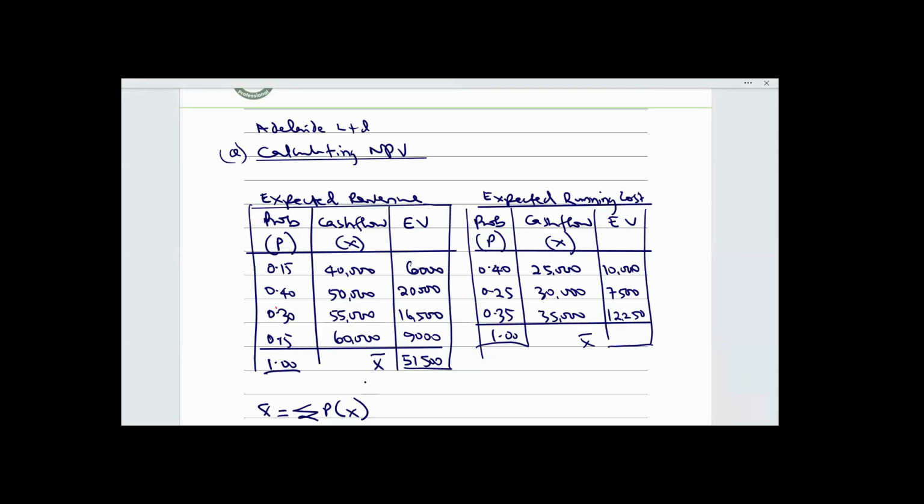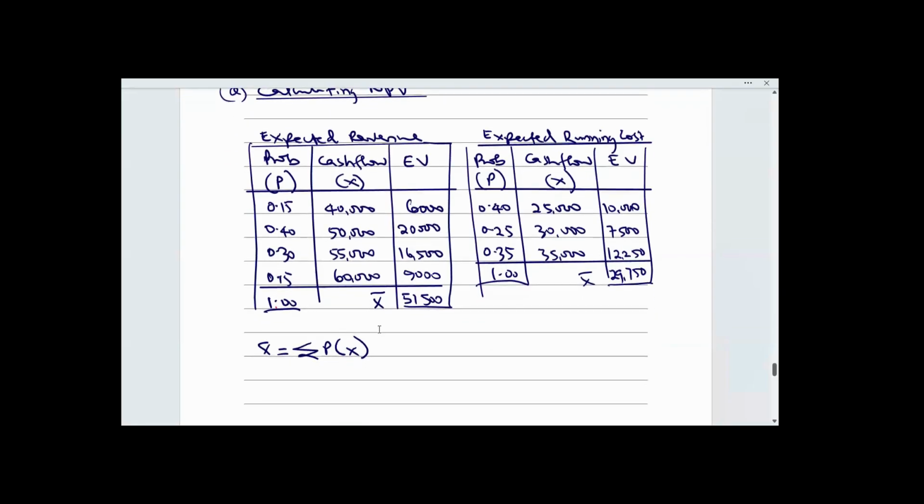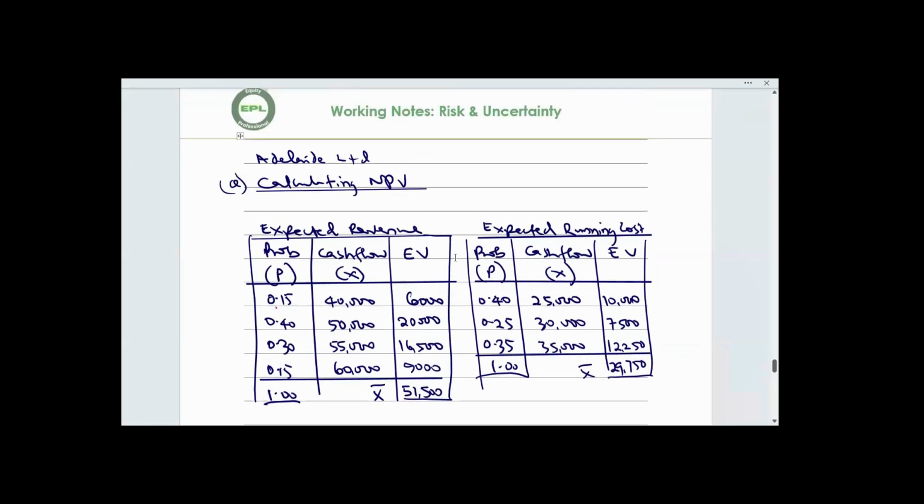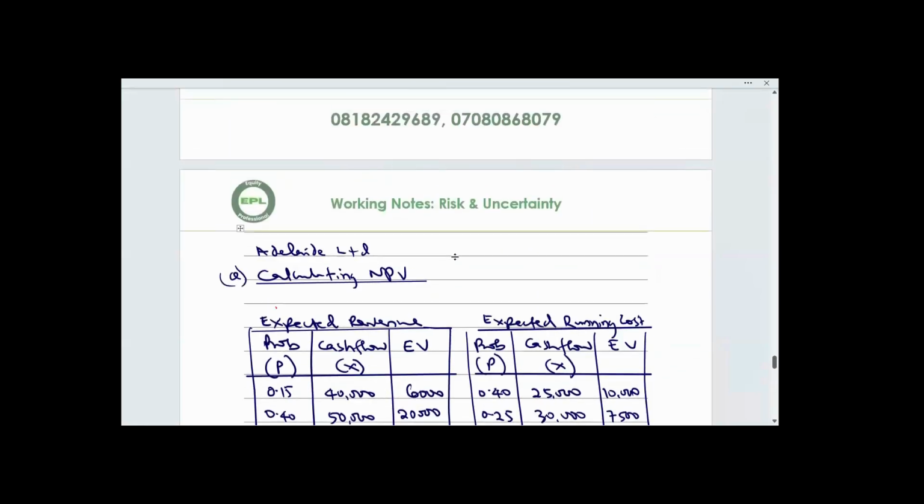When you add everything together, that's 29,750. Now that we have computed expected revenue and expected running costs, we can proceed to calculate the